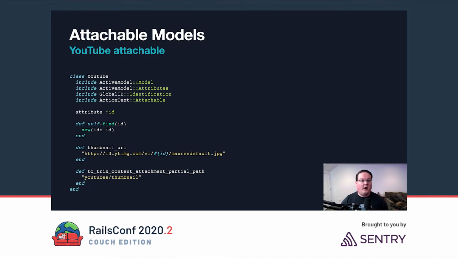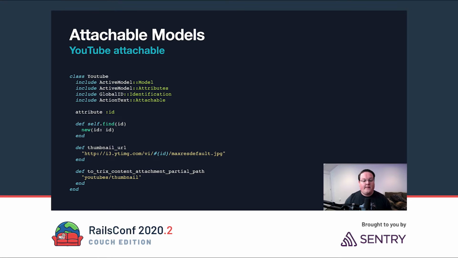Now, like we talked about earlier, especially for videos, in some cases we want our ActionText attachments to have different renderings in the Trix editor versus our final content. And this is one of those cases. With a YouTube embed, you want your Trix editor to just display a thumbnail. You don't want an actually playable video in your editor. That would be too hard to work with, and it's going to be tricky. You might accidentally play the video when you're trying to select it and just delete it. So it's very hard to work with, and instead,